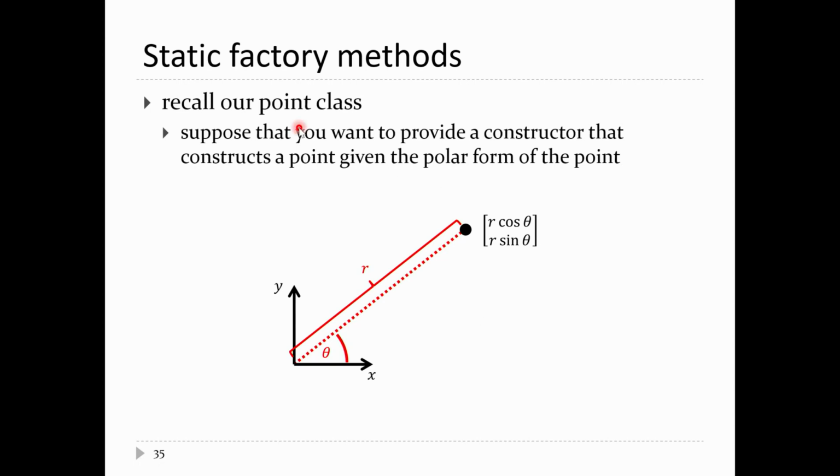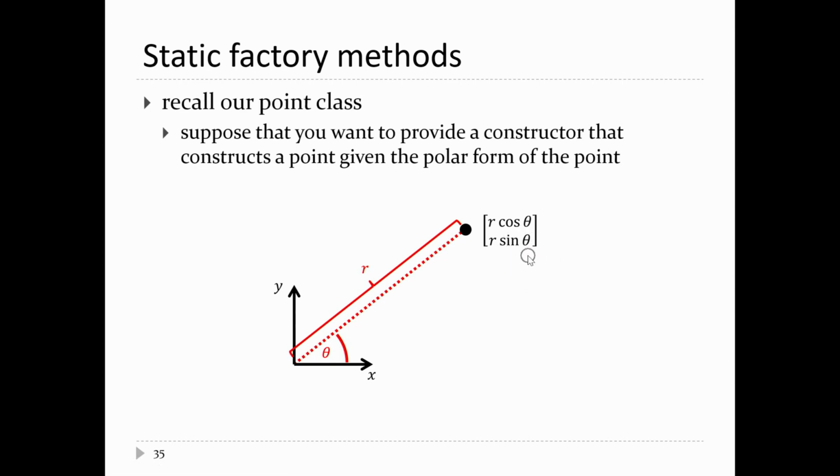Okay, so back to our Point2 class. Remember, our Point2 class has a constructor that takes in two double values, x and y, and sets the coordinates of the point to the value of x and the value of y. If you've taken calculus, you probably know that there's something called the polar representation of a point, or of a circle, or something else. The polar representation of this point here is the distance from the origin, that's just r, and then an angle relative to the x-axis. So the coordinates of this point are r cos theta, r sin theta, which is the equation of a circle of radius r centered at the origin,